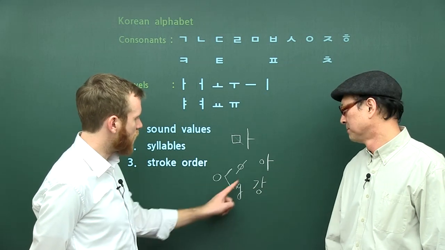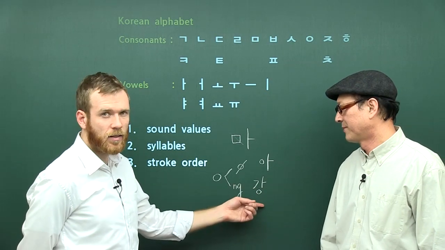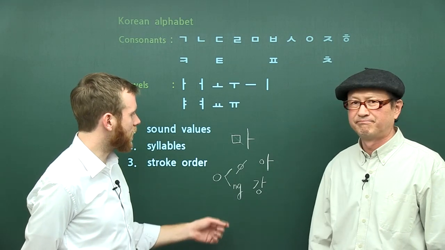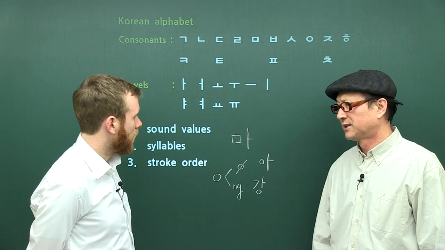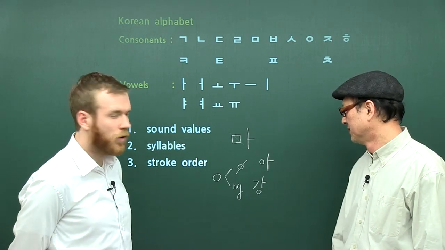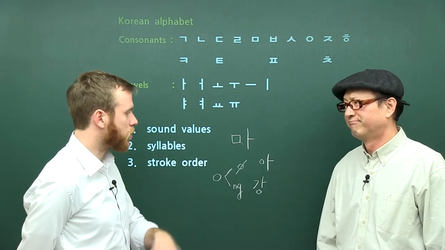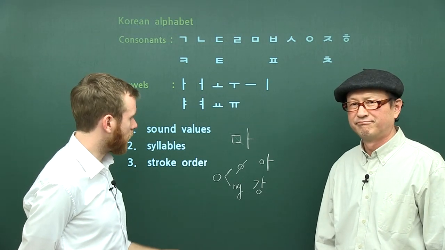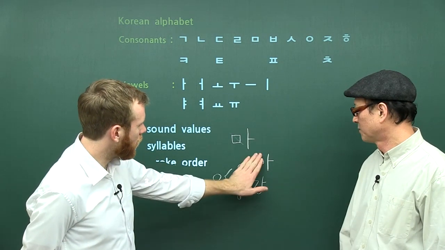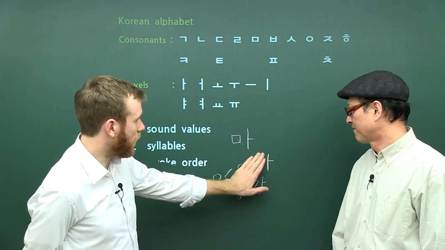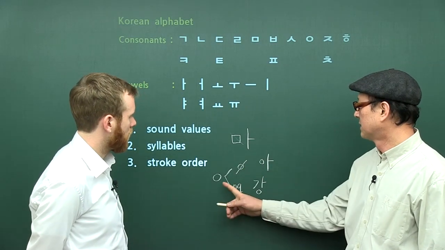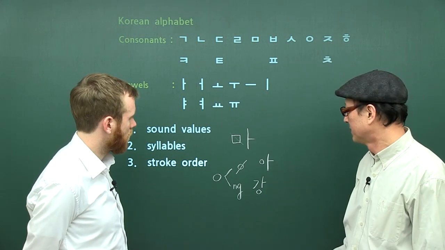Kang. So the NG sound, when it comes at the end of the syllable or at the end of the character, it takes on this NG sound. 네, 강. Right. 강 알아요? Kang River, river. So the Han River in Seoul that runs through a lot of Korea actually is the Hangang. 한강. 강. And I could never write just the vowel like that. I need this consonant here, right? 강. 그래서 그다음에 이거는